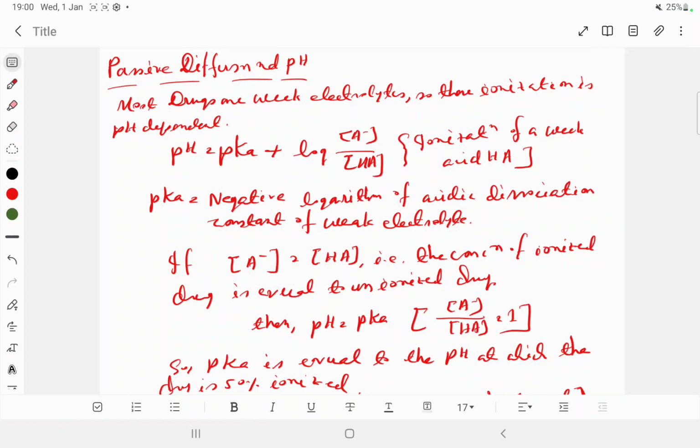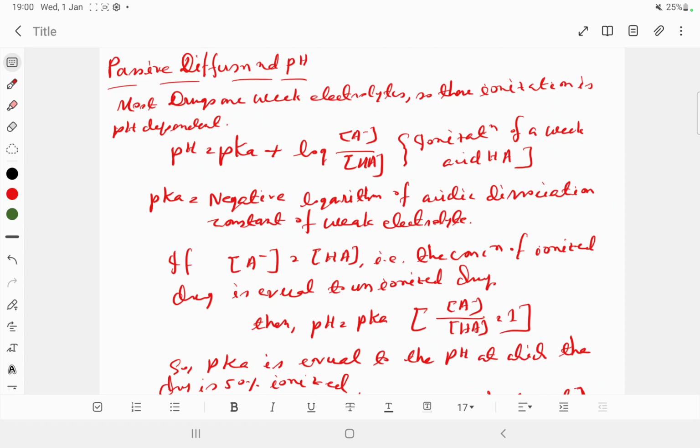We know that most of the drugs are weak electrolytes, so their ionization is pH dependent, and we can write the ionization of a weak acid, for example HA, by the equation pH equals pK plus log of A minus divided by HA. Here pK is the negative logarithm of the acid dissociation constant of the weak electrolyte, and if A minus equals